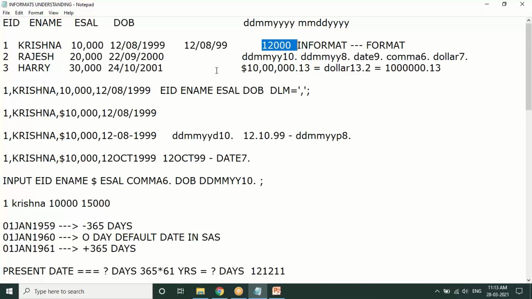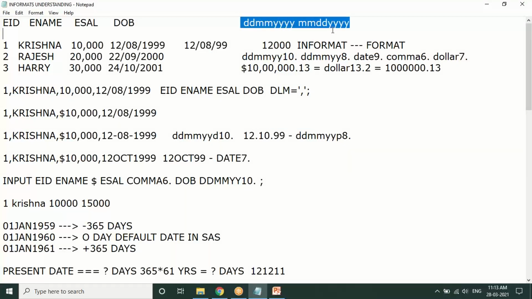So simply put, it is an informat to us, but a format to SAS. But this particular date is a format to us, and an informat to SAS. That is vice versa. So how should we make SAS understand a particular date? That is what we are going to see now.